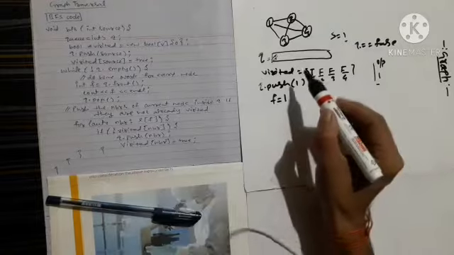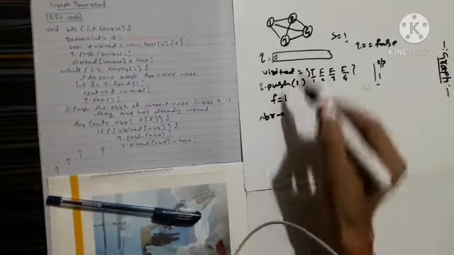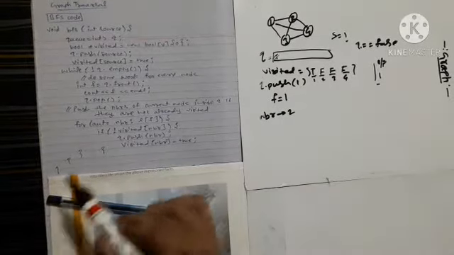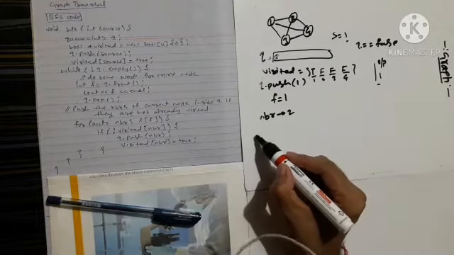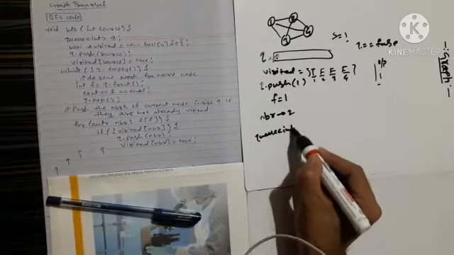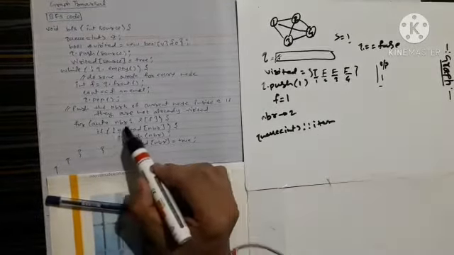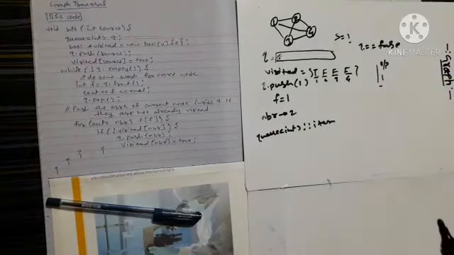So let me show you the auto neighbor. NBR stands for neighbor. Now suppose neighbor contains 2. Auto is an iterator that I have already discussed in a previous video. Its data type is queue integer colon iterator, and the name is NBR. It will go through adj of f, that means the adjacency list. I've created the graph in adjacency list format, so it will go to the node 2.